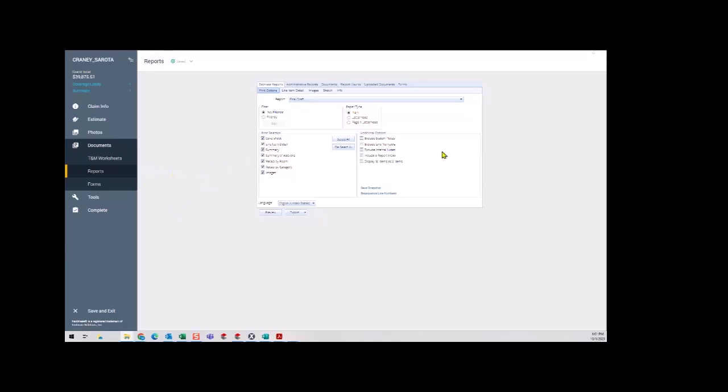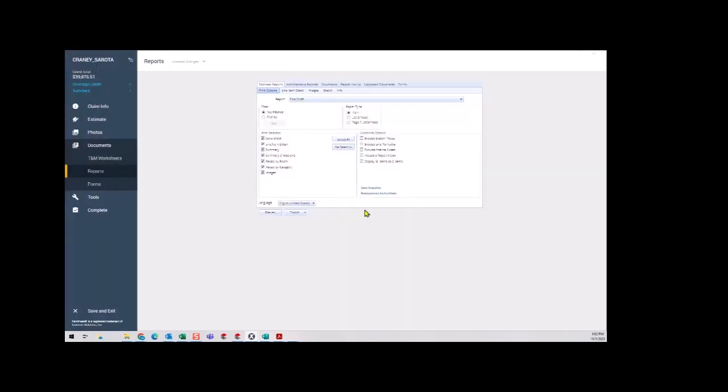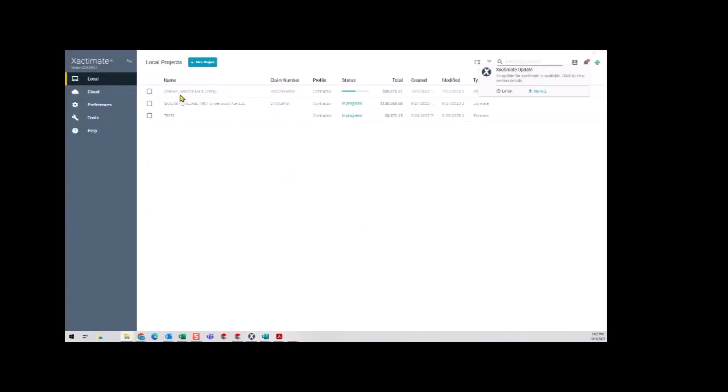All right, once you're sure you're done, you've checked your final print, you hit save and exit. Ask if you want to save changes. Yes. All right, now we have that estimate here in Xactimate. You're ready for your next project. Okay? I hope